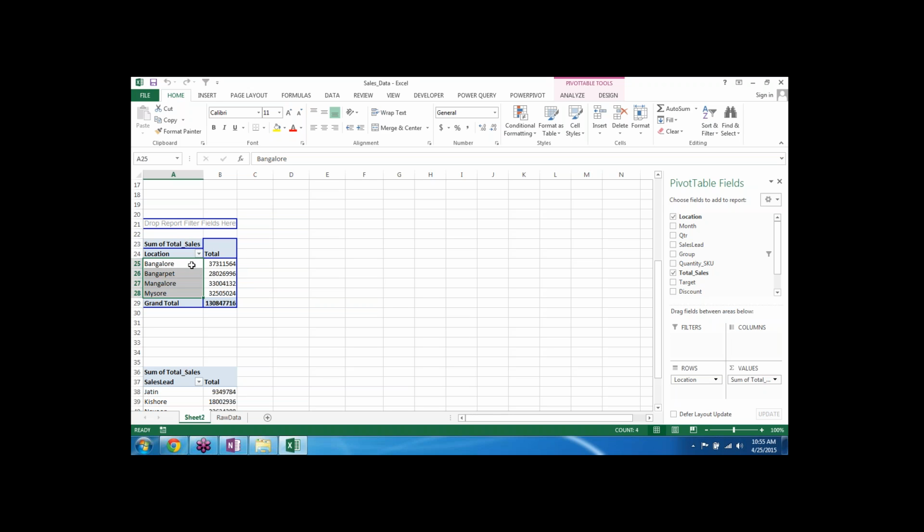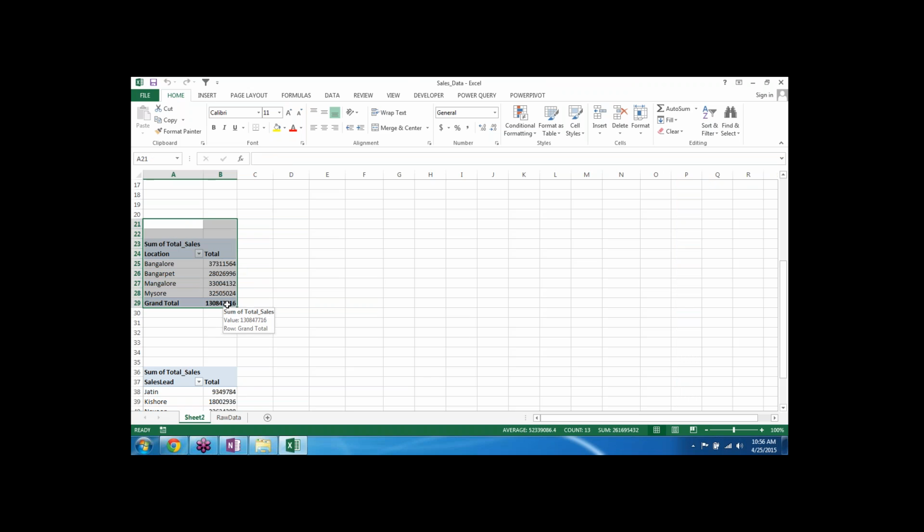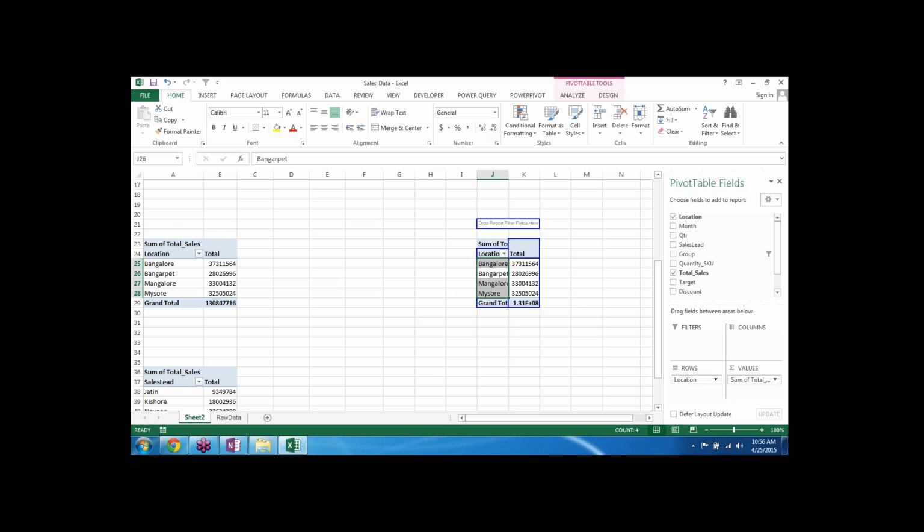So the moment you click on the pivot, you can see the entire range of the pivot. Now what I am doing, I'm clicking here, taking the entire pivot, pressing Ctrl C, then clicking somewhere else and simply pressing Ctrl V. So this is just a way to duplicate a pivot. This is one thing. I will come back to why we require to copy this from the dashboard point of view, why we copy-pasted this particular pivot.